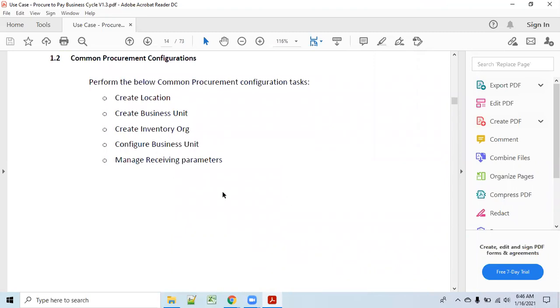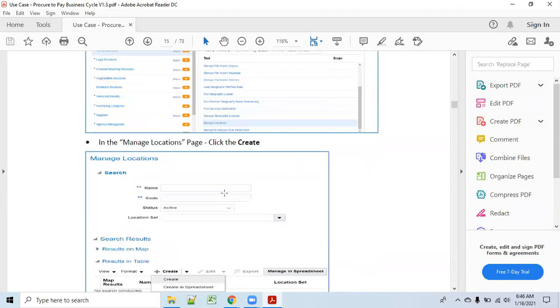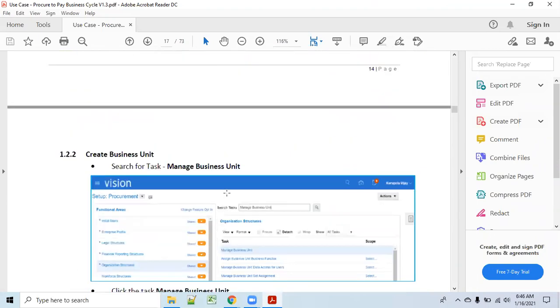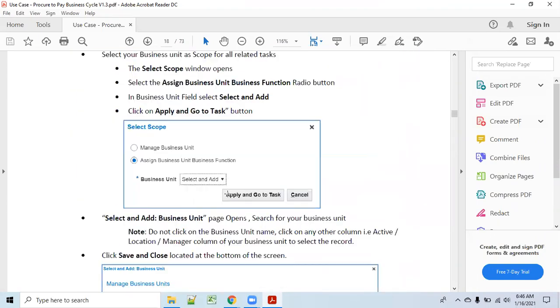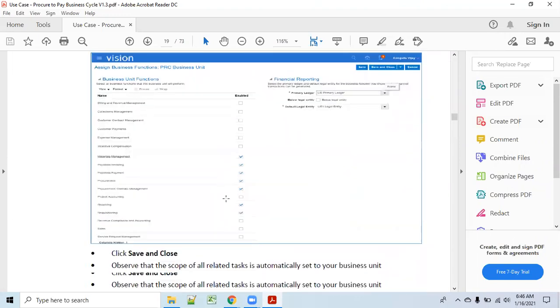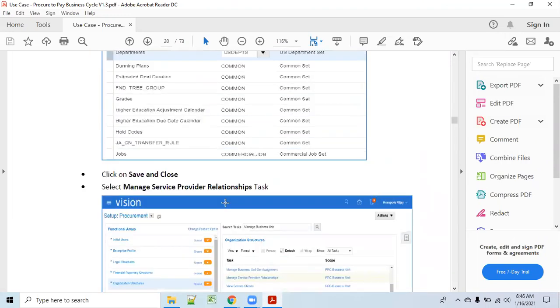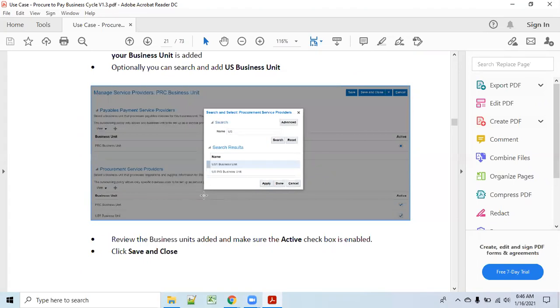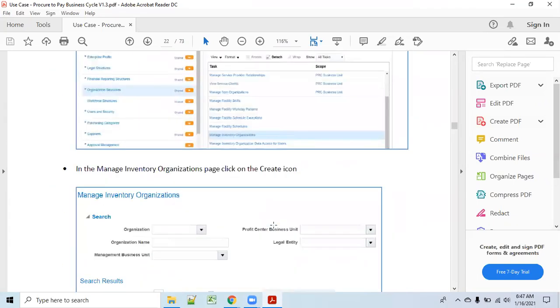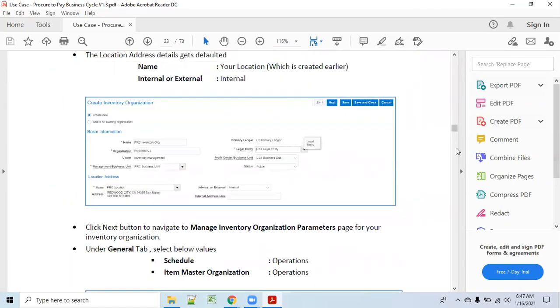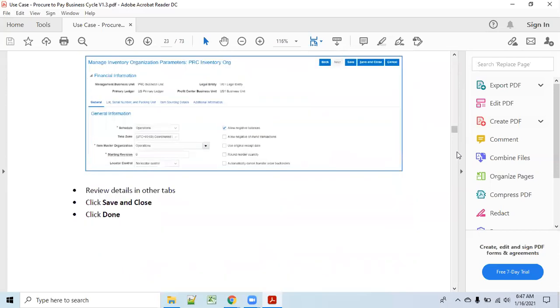Location, BU, inventory, all this we did now. The reference data set they have also explained there.